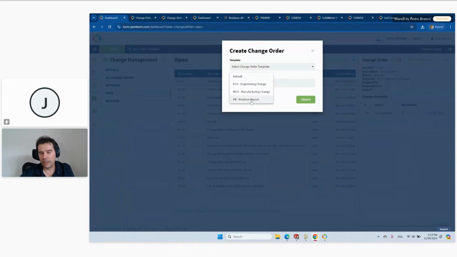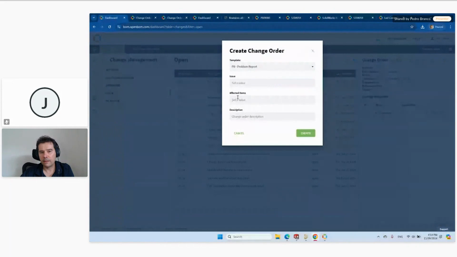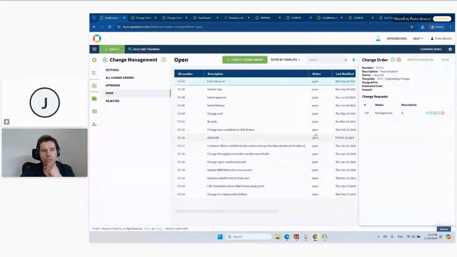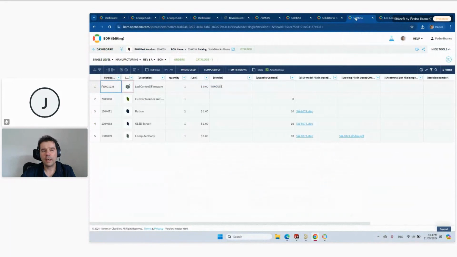So notice you could use different forms, like a problem report with different configurations. For this case, I'm going to use the same engineering change order just to describe the change, which is making a change to replaceable batteries, for example, just a description. Okay, so just a quick note that we create a change order just describing the problem. This just to show that it's possible to start with a change order, and then you can link the change requests directly to it. So how this would work is you would then